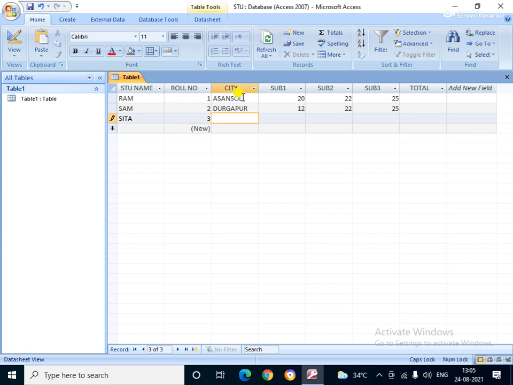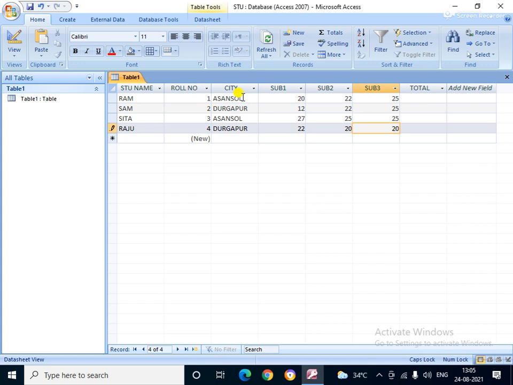Okay, suppose here the student is also from Asansol, with 27, 25 and 25, like this. Suppose here is also Durgapur. Okay, now the student has 22, 20 and here also 20.